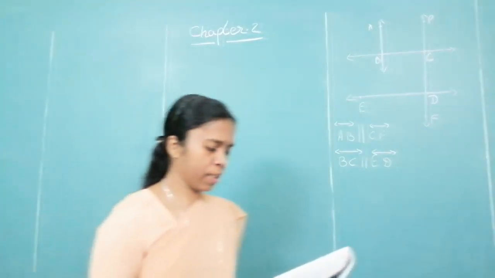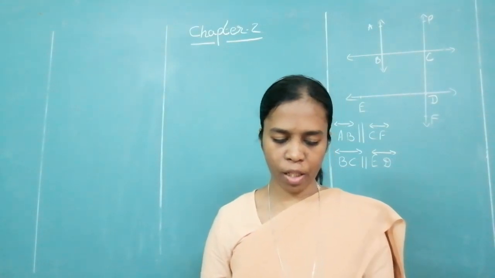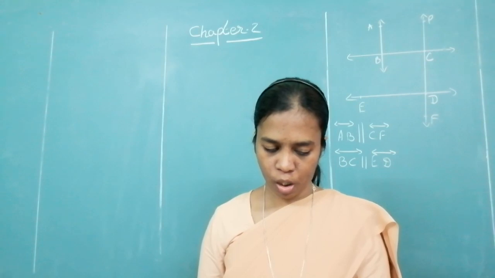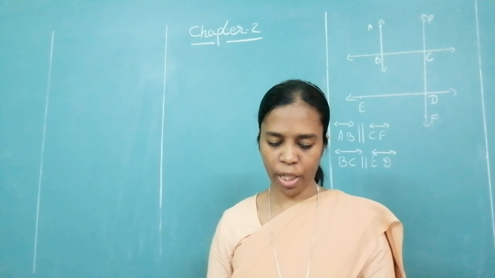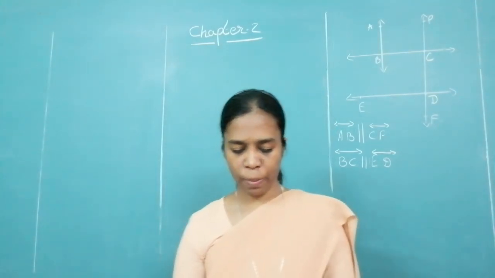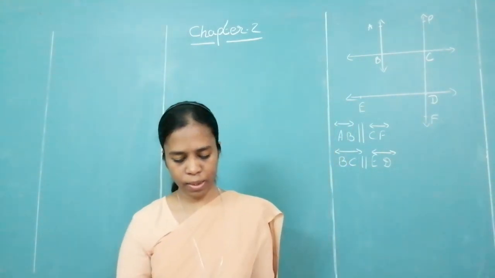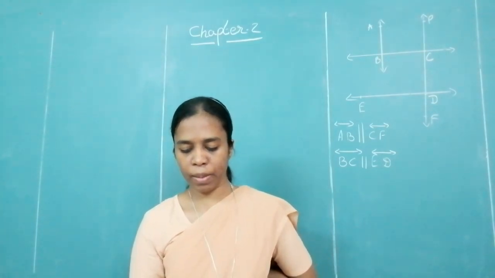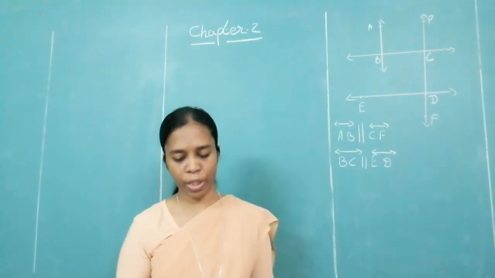Okay. Question number 6. In figure 2.26, if line Q parallel to line R, please look into your book. Q parallel to R, P is their transversal, A is equal to 80, find the value of F and G. Not only F and G, you can find all the values A, B, C, D, E, F, G, H. And you will be finding it. Please write the reason. How do you write it? You will write that A plus B 180 degree. Reason, linear pair.